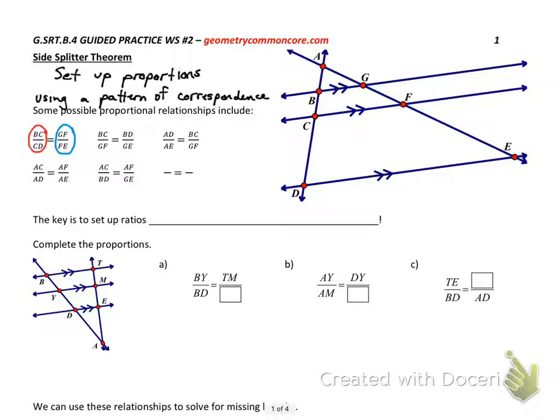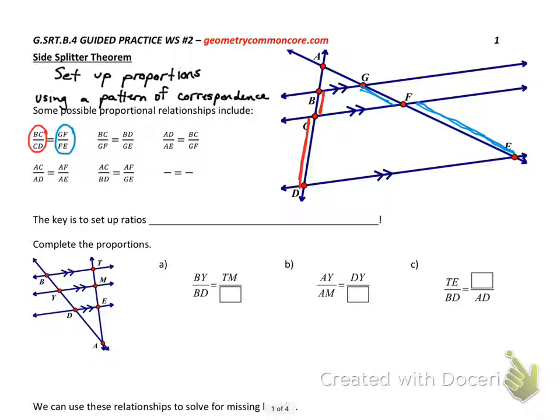So BC over CD equals GF over FE. The pattern of correspondence is that BC and GF, the numerators in both of these,